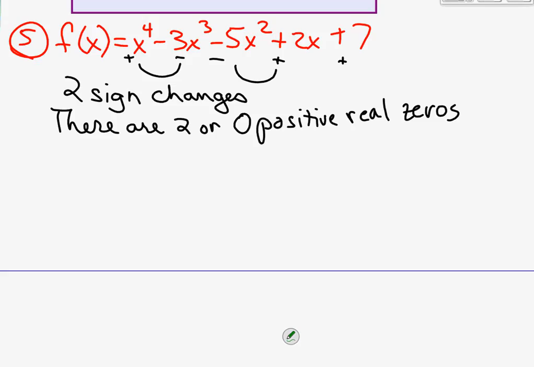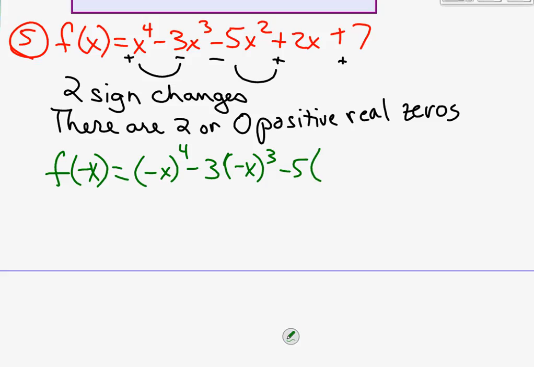Now, the next thing for the negatives, we have to replace f of x with f of negative x. So f of negative x, and I would suggest strongly that especially at first, you actually just put that in for the first couple problems so that you know what's happening. So this is negative x to the 4th minus 3 parentheses negative x. Oops, I didn't get my negative x there. Negative x to the 3rd minus 5 parentheses negative x squared plus 2 parentheses negative x plus 7. So I would suggest